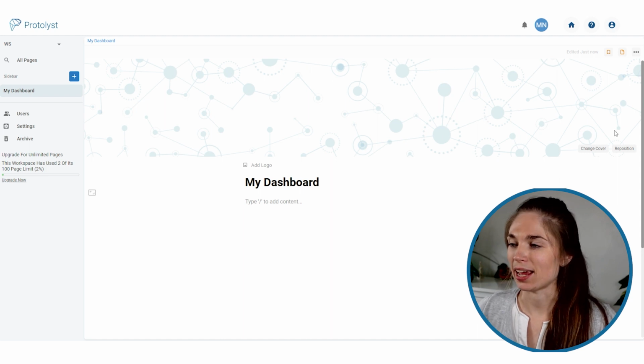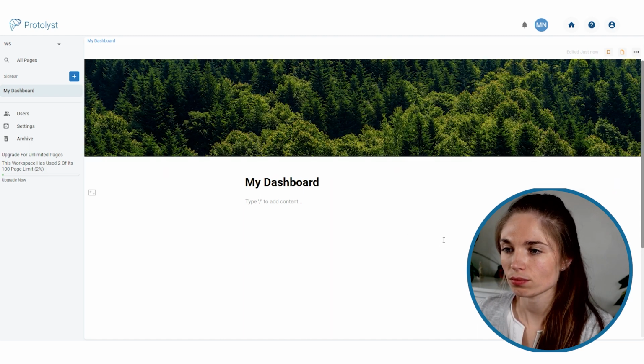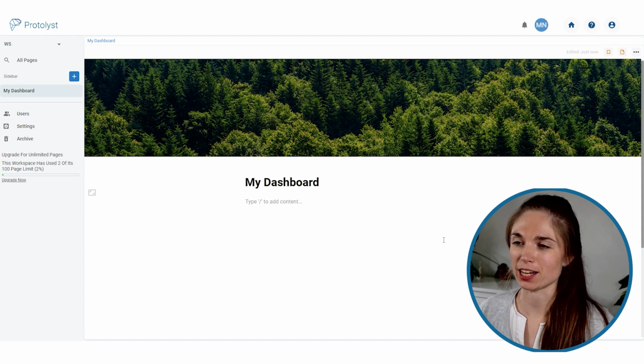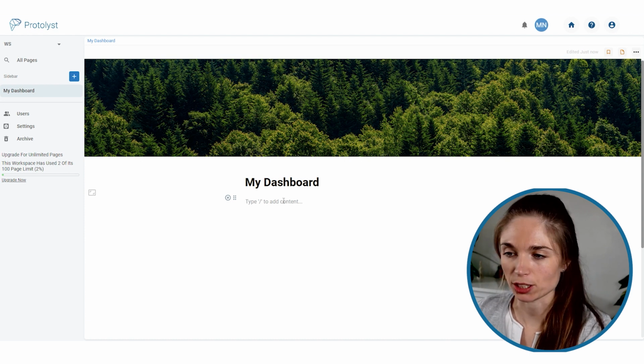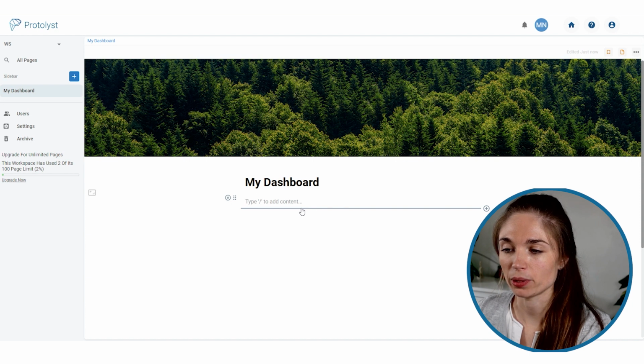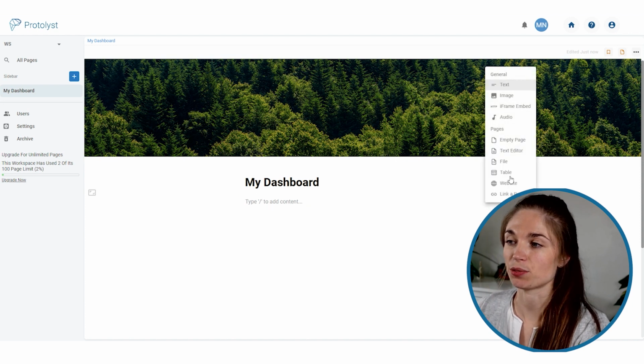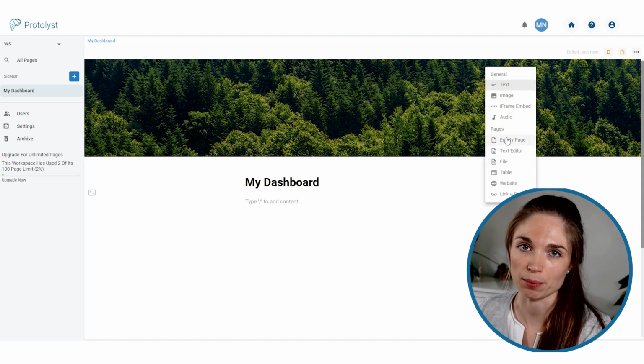So I'm going to add a cover. Cool, so I've uploaded this nice green tree image. And then every text editor page comes pre-prepared with a text section. If you hover at the bottom, this add section menu will come up. And if you click, you're then given a list of different options to add different sections and elements into your